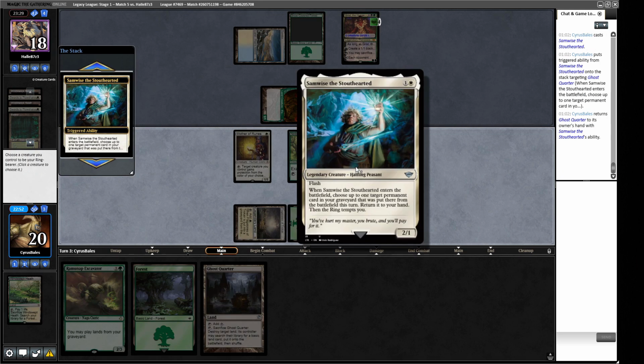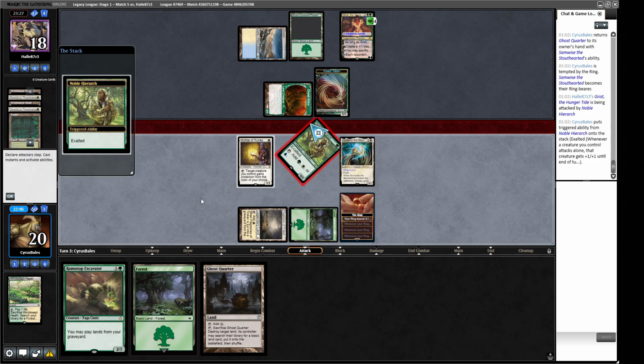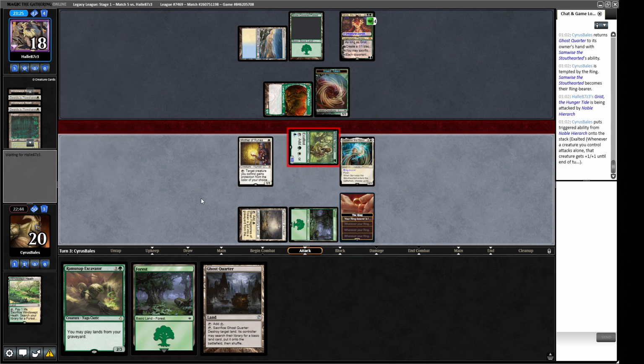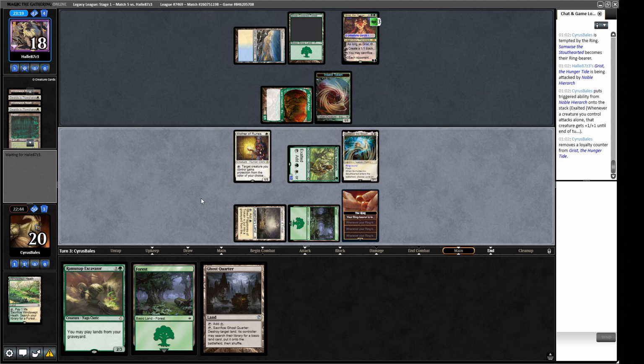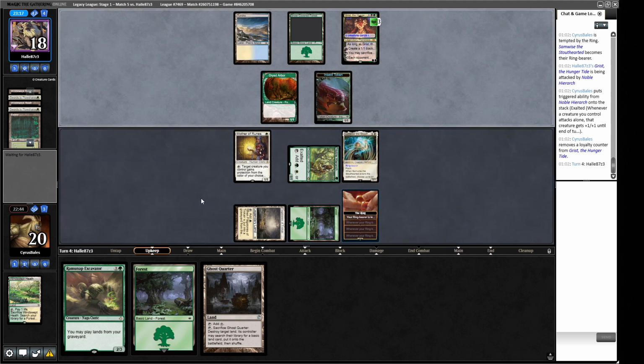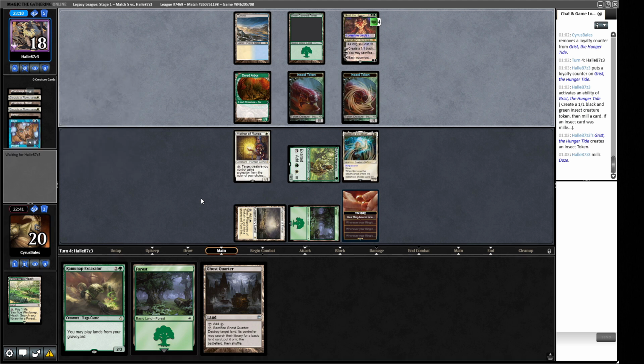Who do I want to be the ring bearer? Probably himself. We'll attack Grist with our 1-2. So they either lose an insect token or they lose a loyalty on the Grist. Ends up a bit of a wash depending on what they want to do, really. Yeah, we're just going to lose the 1 on that one. So we don't really want to play the Ramunap Excavator until the turn we actually do play the Ghost Quarter from our graveyard. So next turn might be...